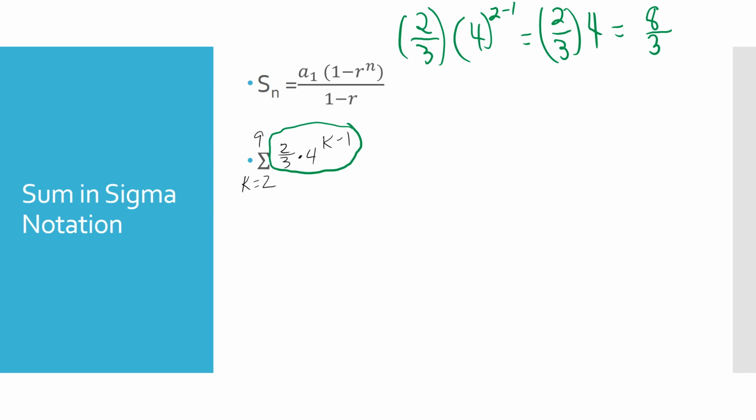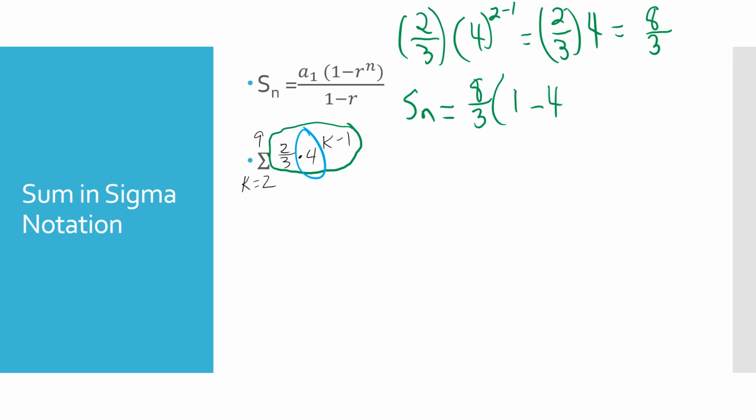Now, we can plug this into our partial sum formula. So let's go Sn equals, well, we're going to use A1, the second number of the sequence, which is going to be the first number of the series. And so we got 8 over 3 times 1 minus, and right there is our r, that's our common ratio. So we got 4,